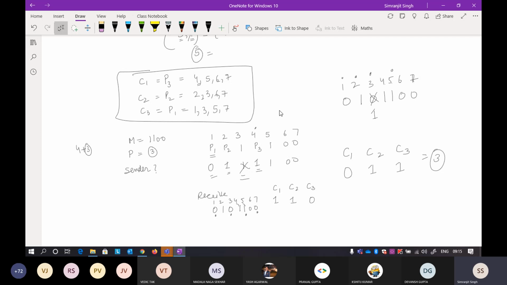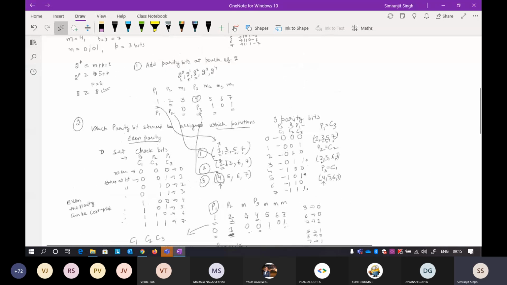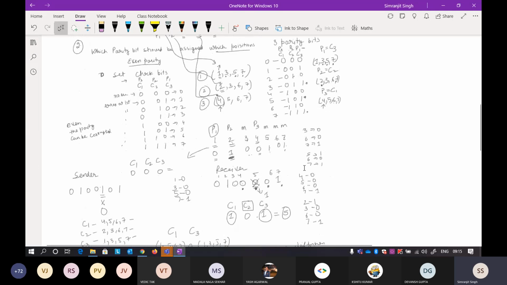So you change it. Keep this in mind, because I have not remembered anything. If you are able to design this table, you can easily figure out what it is. Always set the table for C1, C2, C3, and the parity will be the reverse of that. The check bit 3 is equal to the parity bit 1.